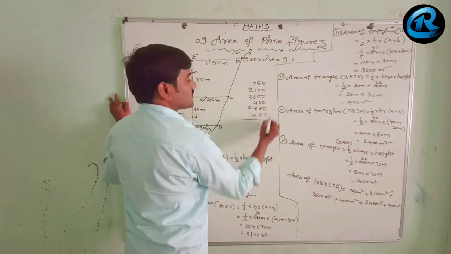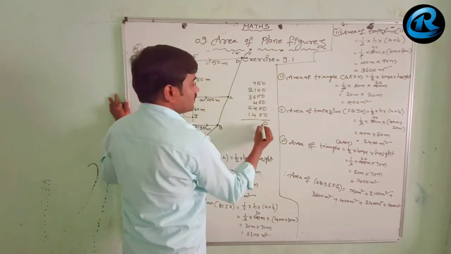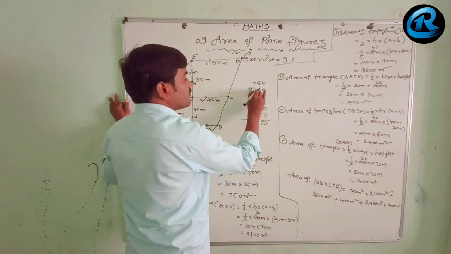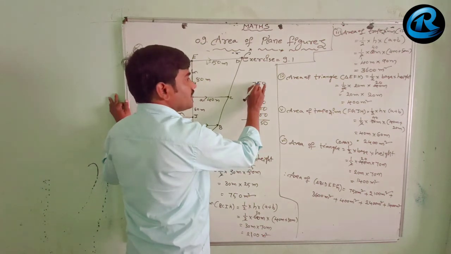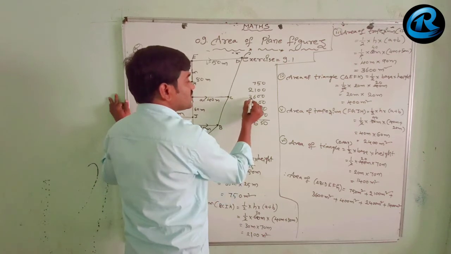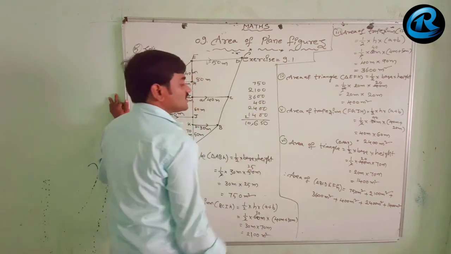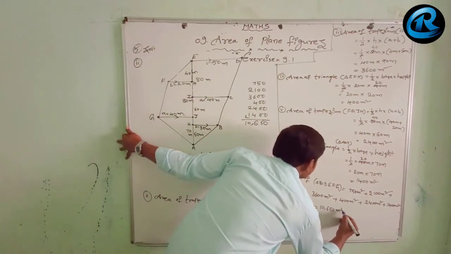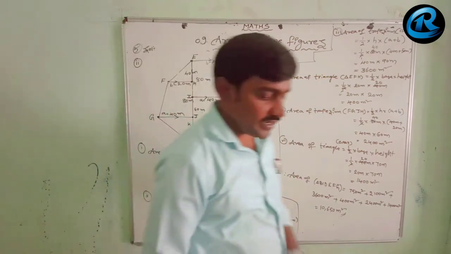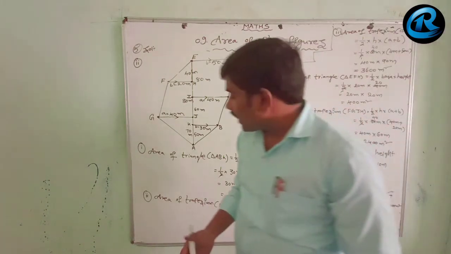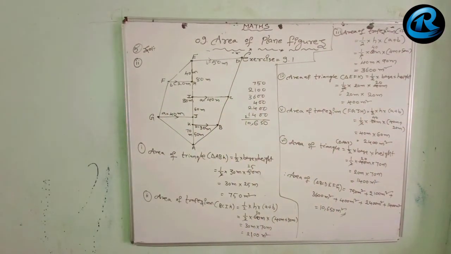See 1, 2, 3, 4, 5, 6, yes, 0 and it is 5 and 4, 4, 4, 12, 12 plus 6, 18, 18 plus 1, 19, 19 plus 7, that is 26, 2 carry, and this is 2 plus 2, 4 plus 1, 5, 5 plus 3, 8, 8 plus 2, 10, 10,650 meters square. The area of this surveying field equal to 10,650 meter square. You can write square meter or meter square, they are the same.